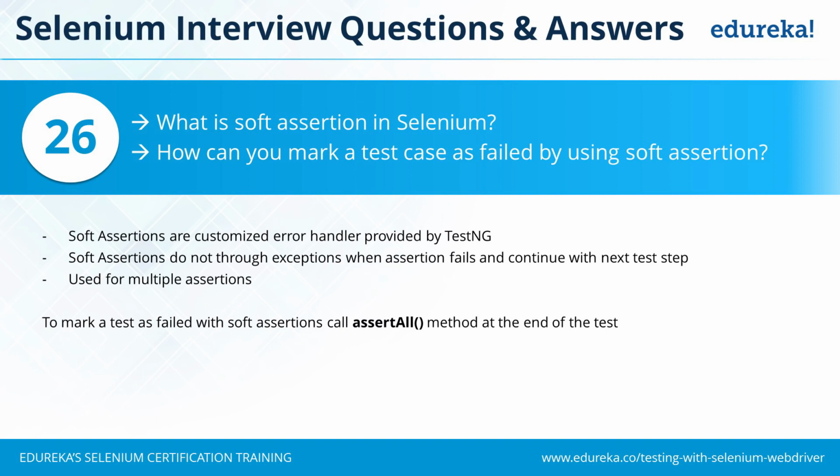For that, you need to make a call to the assertAll method. The assertAll method will get combined results from assertions A, B, C, and D. If any of the soft assertions has failed, then the call to assertAll will throw an exception. Once the exception is thrown, your test case fails. Though two assertions have passed, because of the other two, your test case will fail. So this is how you can use soft assertions in Selenium.